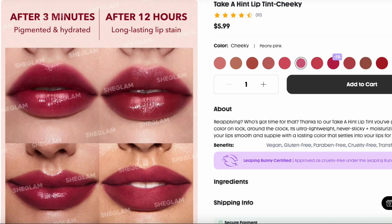Like I got this one, the lip tint, in the shade Cheeky, and just from the product photos, I thought this was going to be a berry. I would go maybe more of a mauve than a berry. Here, I'm going to put it right here. There it is. But when I was looking at the product photos, I thought for sure Cheeky was going to be closer to a berry,